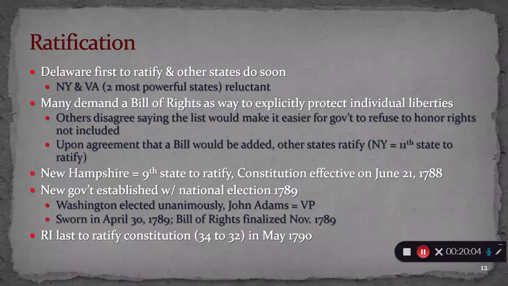But also important was the fact that there were a lot of anti-federalists that said there needs to be some kind of promise that the government that we are setting up right now will protect those individual freedoms that we were trying to secure during the Revolution. And some Federalists, including James Madison, are saying, we don't want to put a Bill of Rights like that into the Constitution, because as soon as we do, anything that's not specifically listed in that Bill of Rights could be treated as a